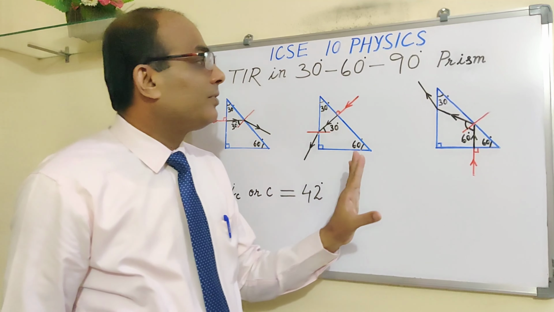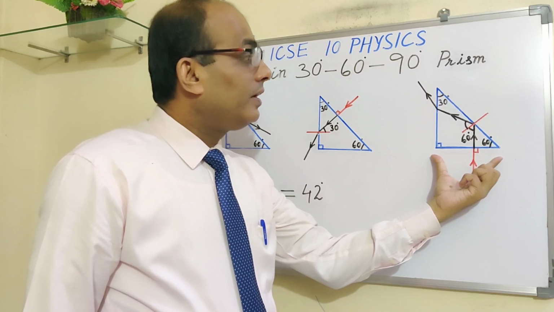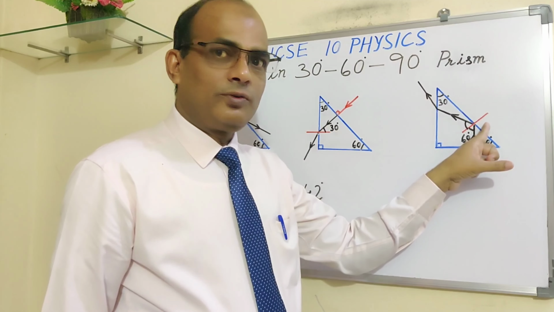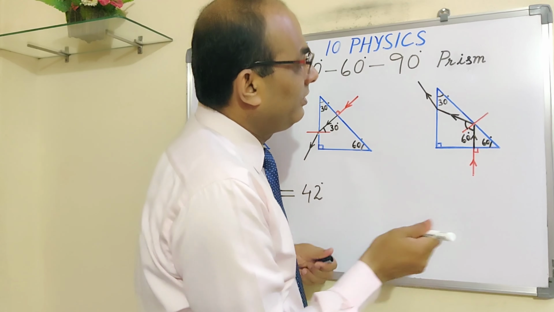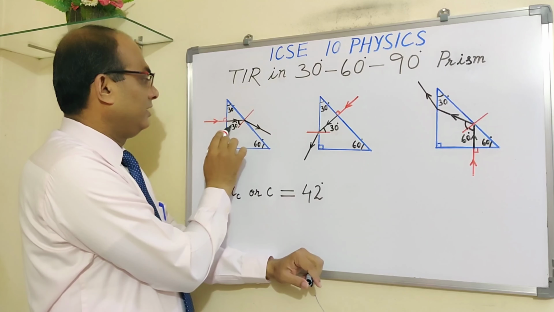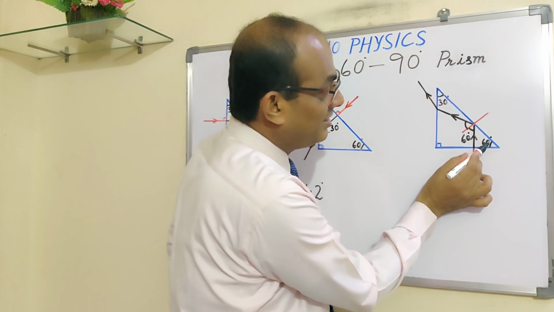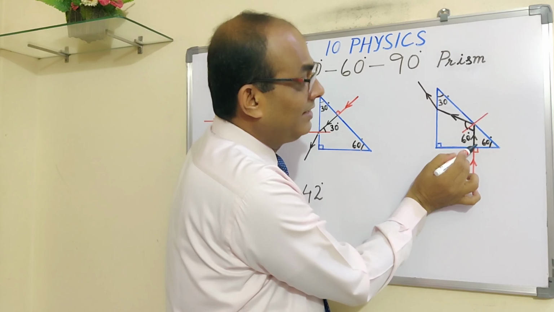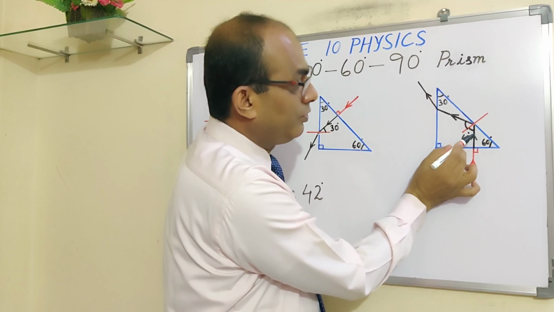The third case is, see here, opposite to 30 degrees, this face. The ray of light is entering from this side, again normal, so it will go straight till here because no refraction will take place. I is 0. Now here again, let us find out the angle of incidence, this angle. In the earlier cases, the angles were 30, which is less than 42. Now in this case, this is 60 because it is a 30, 60, 90 degree prism. So this is 90 normal, so this will be 30. If this is 30, this will be 60 because the total will be 90.